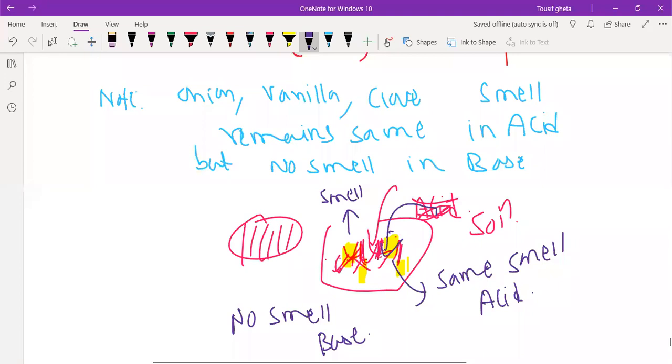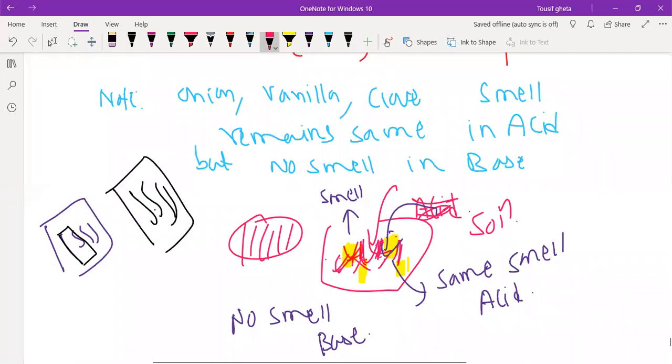How to do this experiment, I can tell you. Take the chopped onion in one carry bag and put one small strip of cloth in that onion. Take another chopped onion and in that also keep one strip of small cloth. Keep both bags in the refrigerator, not in the ice box.